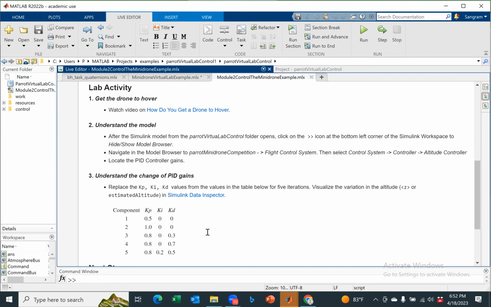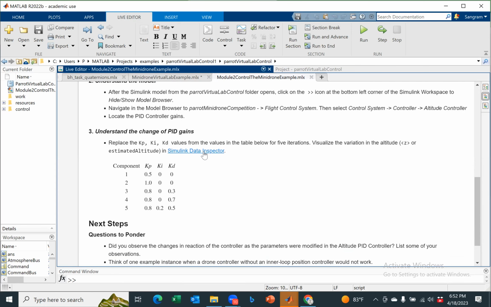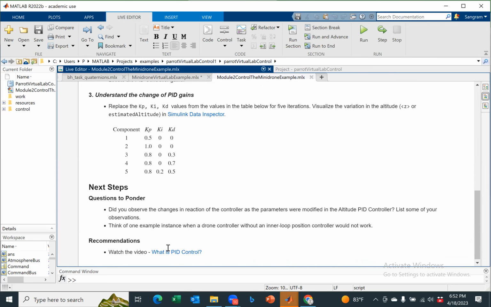And then the other thing is, you can look at the Simulink data inspector, where you will see the data. And if you really need some refresher on the PID control, this is where you will do the PID control. The next lab